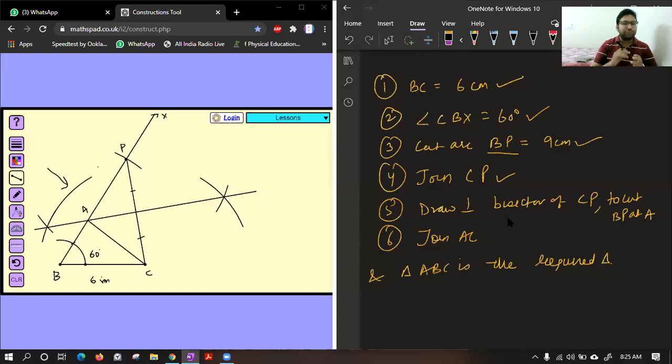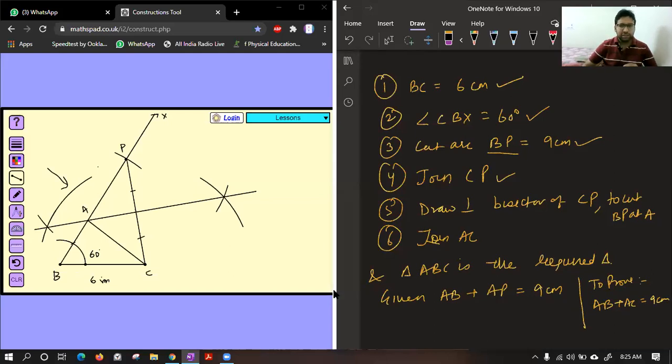Okay, now comes the verification. How will you verify this, or how did this come into existence? How will you check? Class, we all know given to us is AB plus AP equal to how much? It is 9 centimeter. And what do we want to prove? Given is AB plus AP, we know this from the start, and we have to prove AB plus AC equal to 9 centimeter. This we have to obtain.